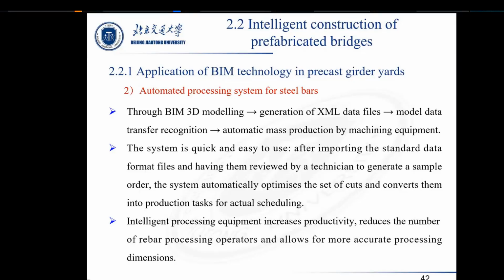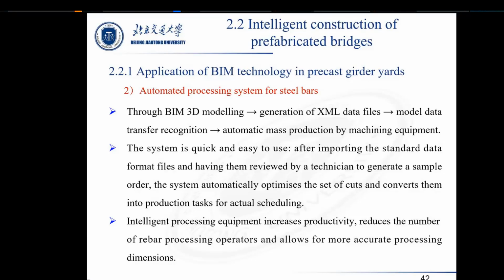The system is simple and fast. After importing the standard data format, the technical review and generated a sample order, which is arithmetically optimized for cutting